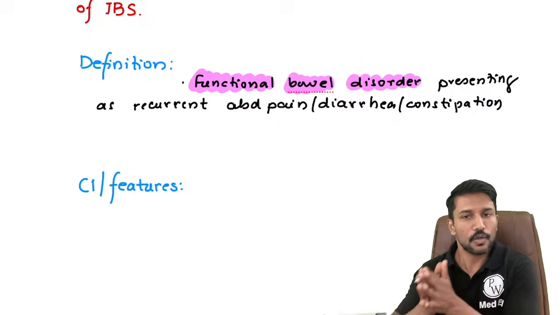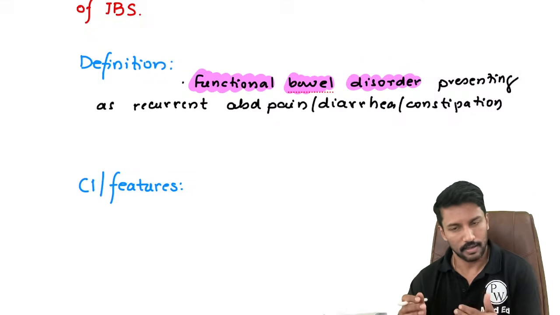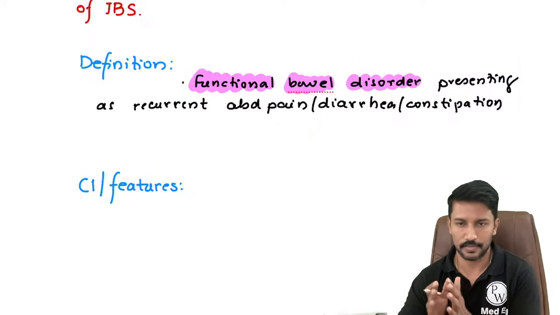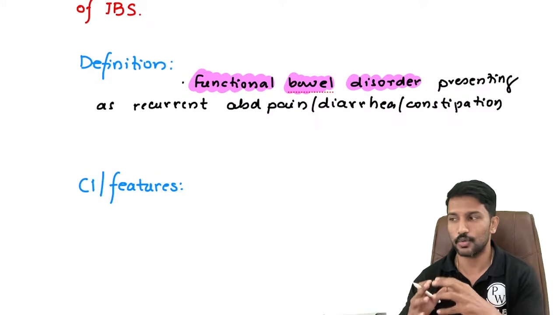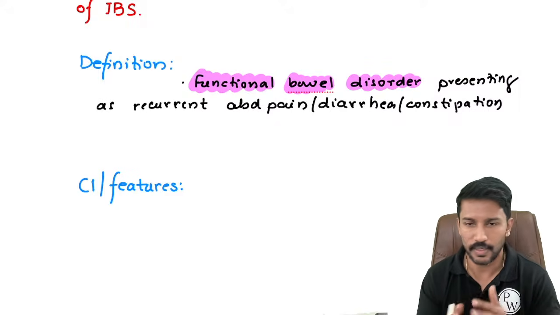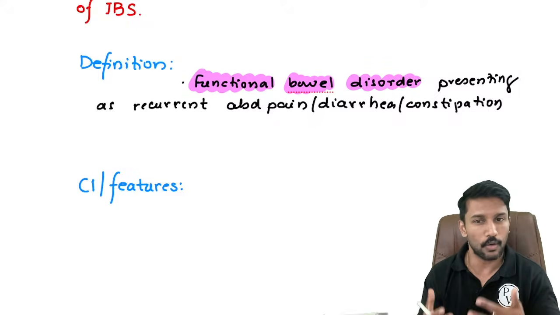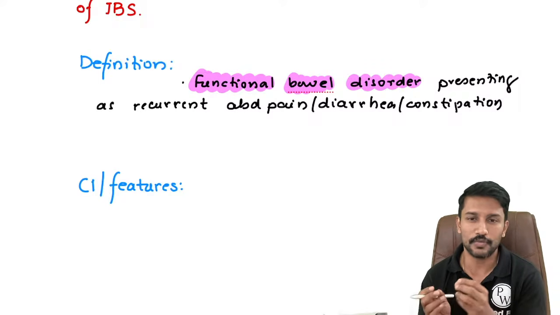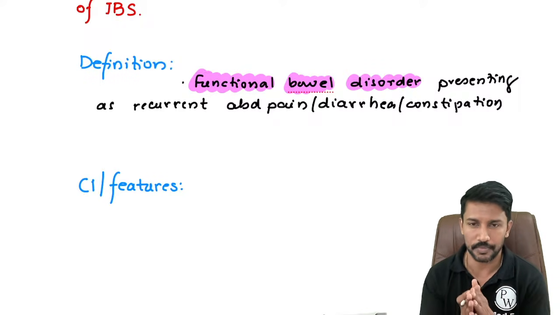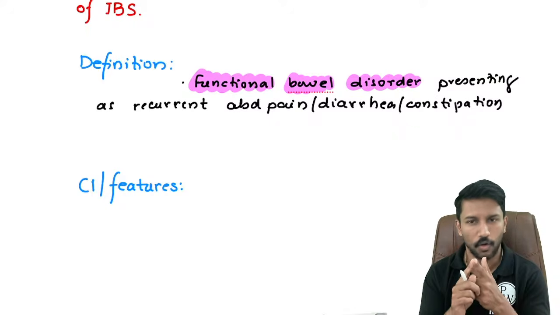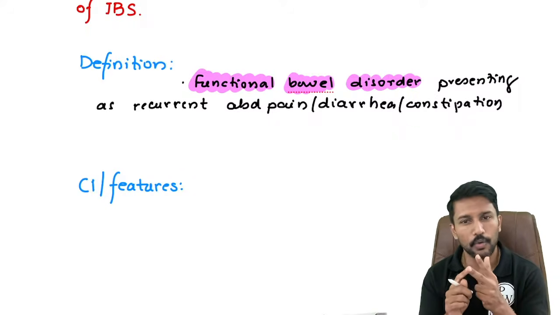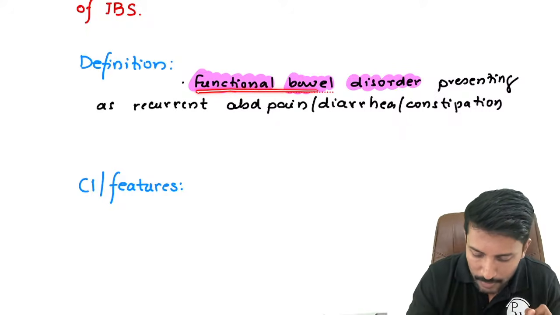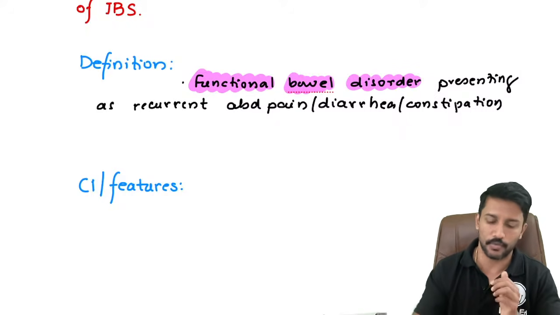A disorder which does not have a major anatomical or structural and biochemical abnormality underlying the disease. I said major. Like, okay, there's no deficiency of lactase. Right? It's not because of lactose intolerance that the patient is having diarrhea or abdominal pain or constipation. It's not because of inflammatory bowel disease. There is no inflammation. So there are no structural or anatomical or biochemical major abnormalities responsible for a disease. Such diseases we call functional disorders, and this is one functional bowel disorder.